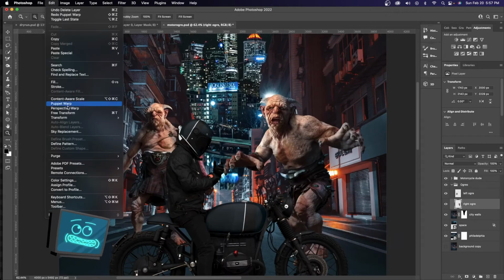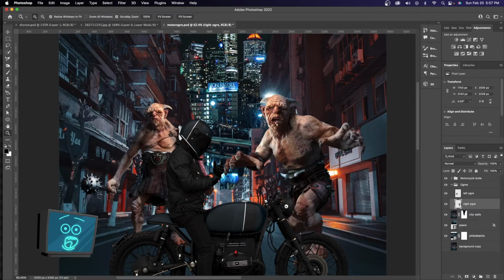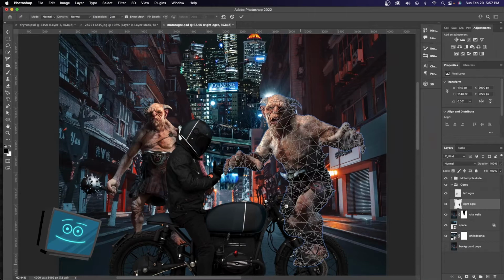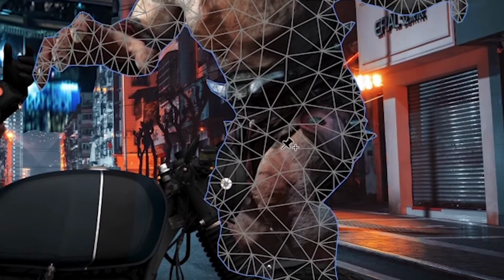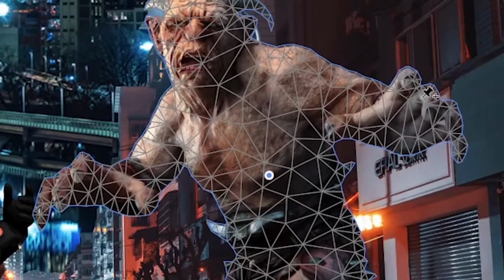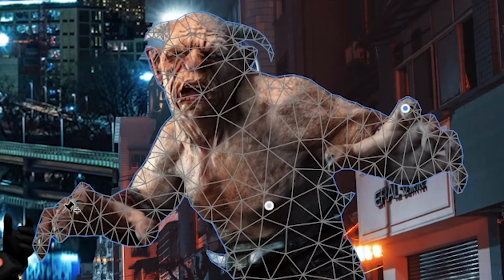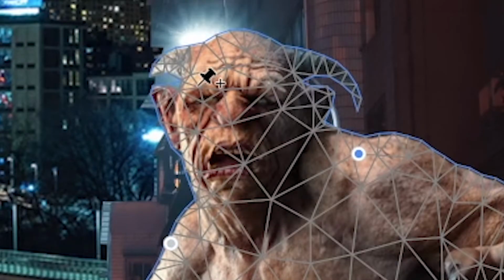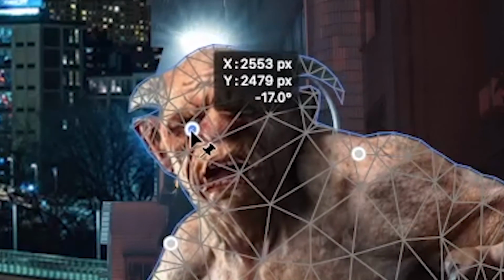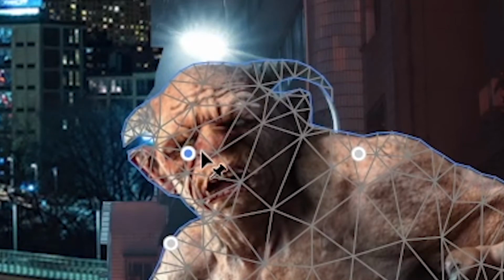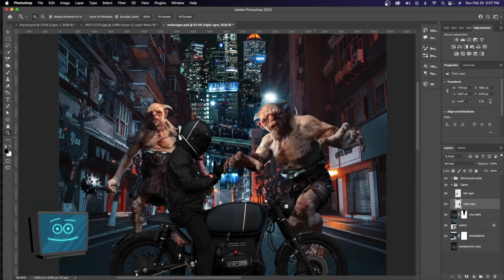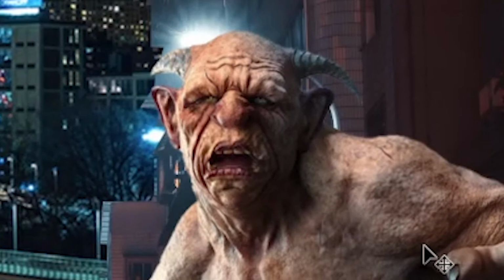If you look closely, he's not really looking at the biker guy, so we're gonna fix that with a puppet warp. So we're gonna place some anchor points that we don't want to move. These will anchor it down. And we're gonna do one on the face that's going to basically be the handle. So we're gonna put one and pull. Okay, looking good. I mean, he's still ugly, but he's looking good.